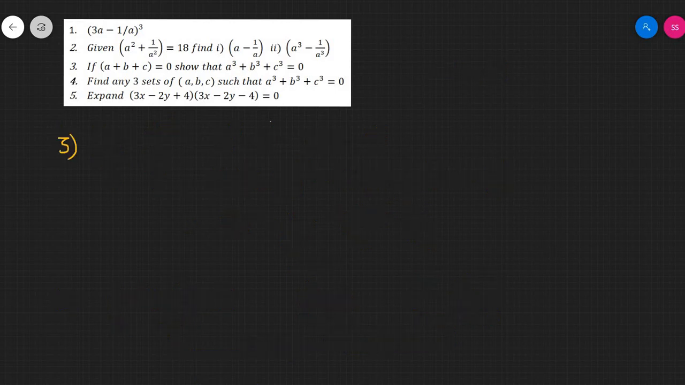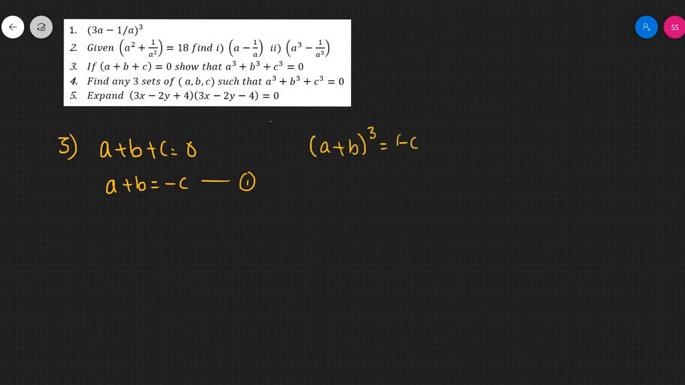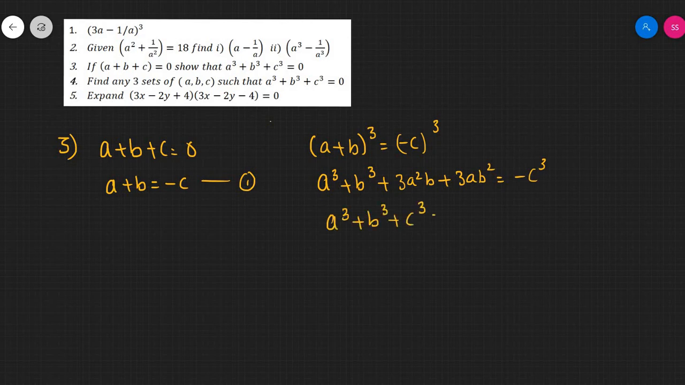So here you go. The starting point would be a plus b plus c is 0. It implies a plus b equal to minus c. This is your first understanding. So now you cube both these sides. You would get a plus b the whole cube equal to minus c the whole cube. So this would be a cube plus b cube plus 3a squared b plus 3ab squared is minus c cube. Or in other words, a cube plus b cube plus c cube equal to